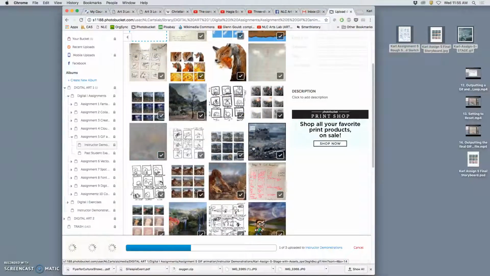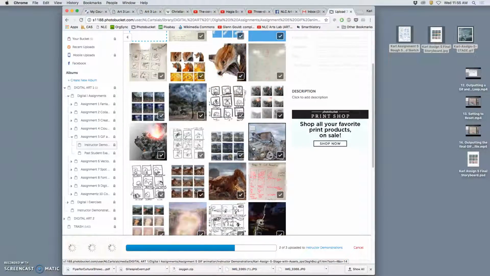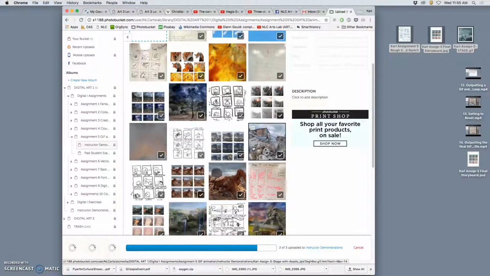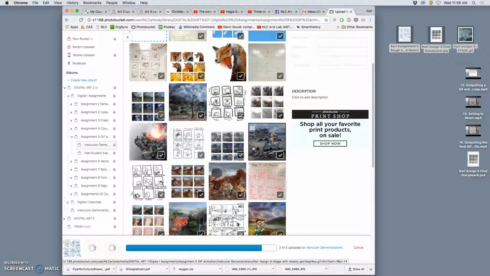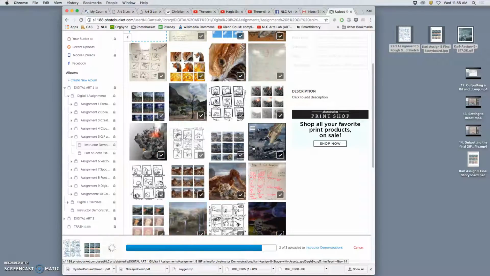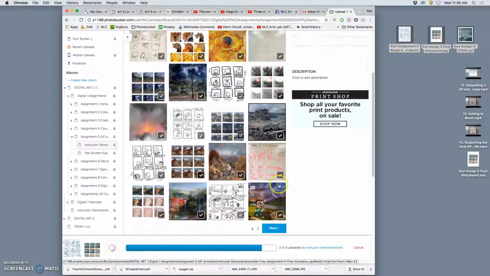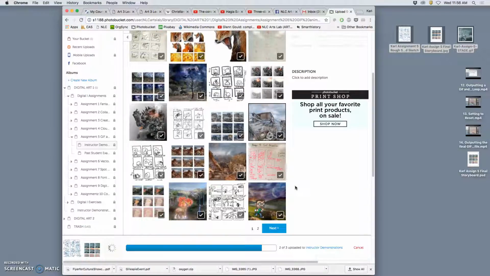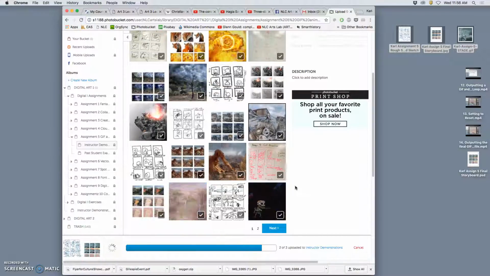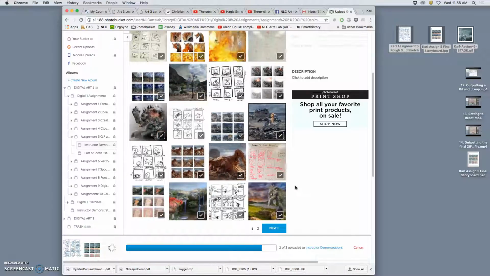As long as it is 8 by 8 inches by 150 pixels per inch, and as long as you don't have over 100 frames of animation, it should go in pretty easily. Sometimes students will have like 150 frames of animation, then we have to shrink it to like 100 pixels per inch, so that it can be processed by PhotoBucket. It's just a size and a processing issue. But GIF animations do take a lot longer than flattened files because there's so many different layers embedded. Okay, once they're uploaded,